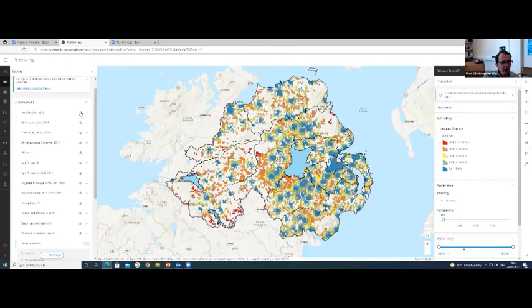So you can see layers that are turned on or turned off. The icon with the eye through it indicates that a layer is turned off at the moment. If I turn that back on, there's GP surgeries, for example. So you can now see those. Obviously, they're at the center of these distance shades, so they're near the blue grid squares, because that's where the GP surgeries are located. We've got pharmacies, dental surgeries, GP catchment areas, which I've already shown you.